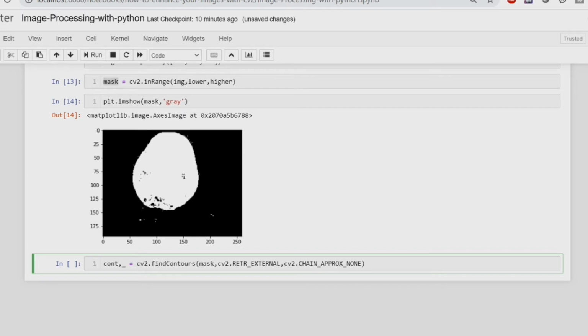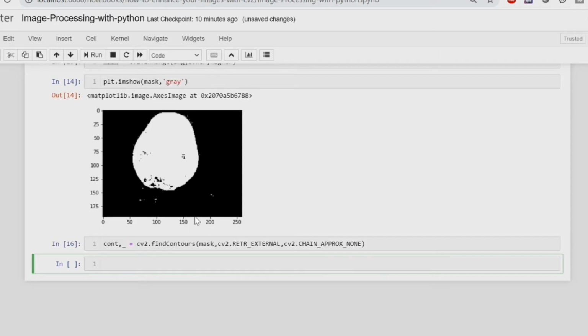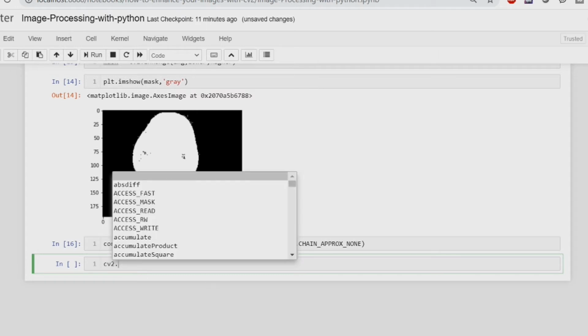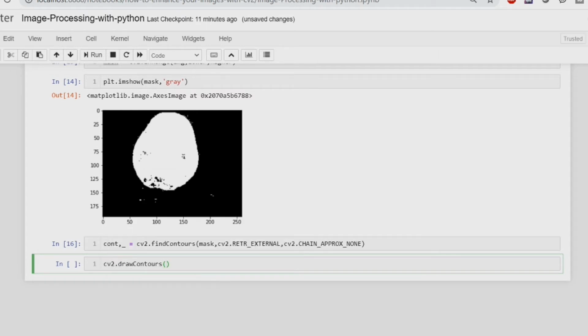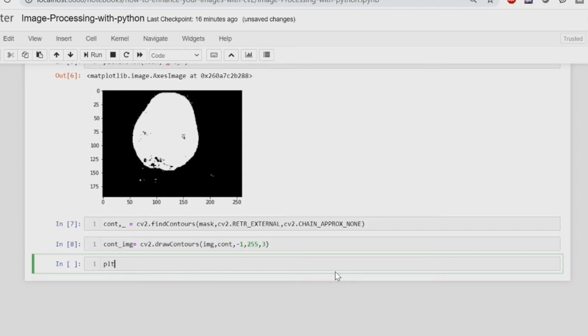Contours contains all the contours of the image, and hierarchy is the length of the first point to the end point. First, let's draw these contours on top of our image. You can utilize cv2.drawContours. After that you need to provide the channel range, following the same format, where you have 3 channels, so we'll write 3, an image with the contours. We'll write count image, and then let's plot this image and see how this looks.